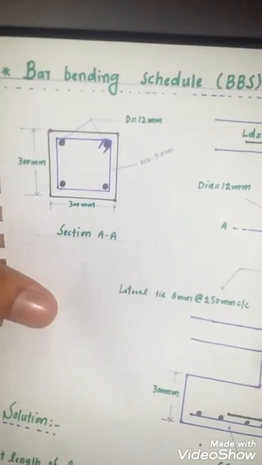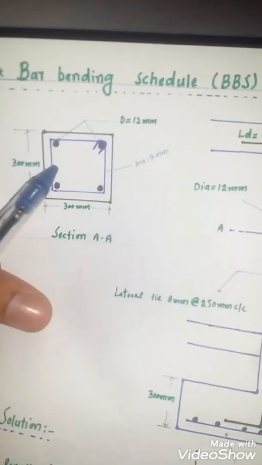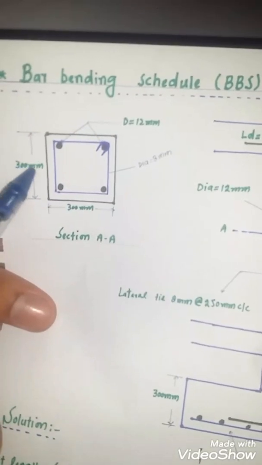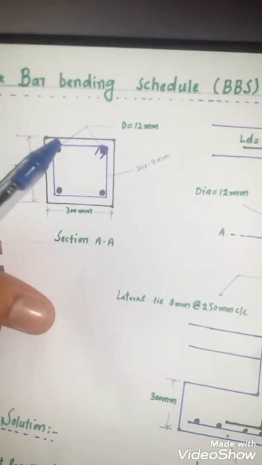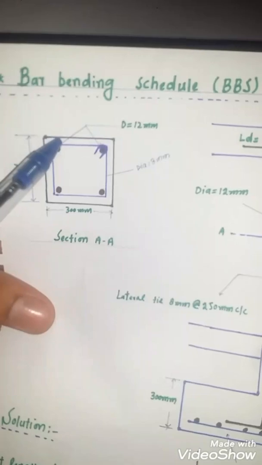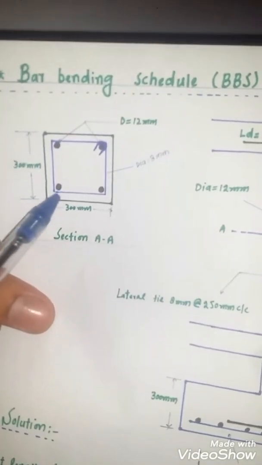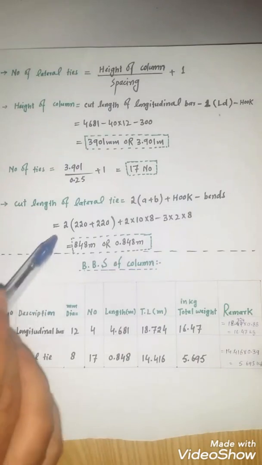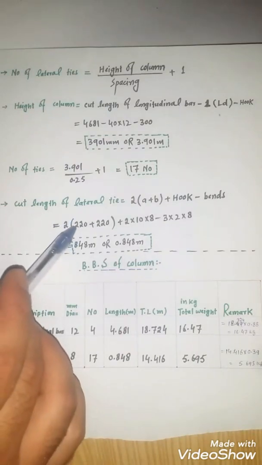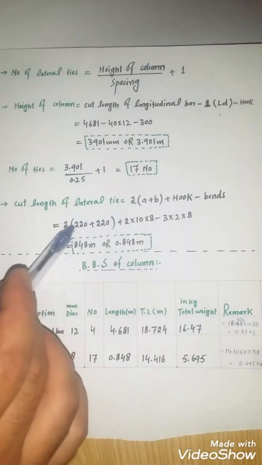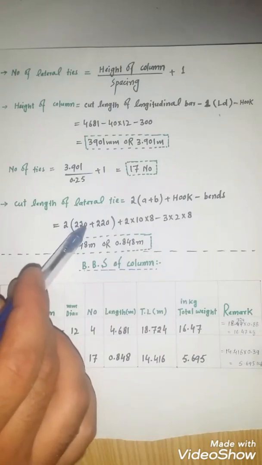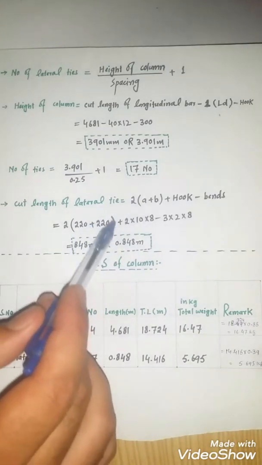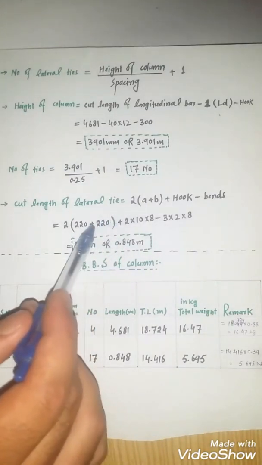For example, this is A. For finding this B, this is also equal to 220: 40 millimeter concrete core from this side and 40 from this side. 2 and 2 is the value of A, or breadth of the column, 220, plus 220 is the value of B,